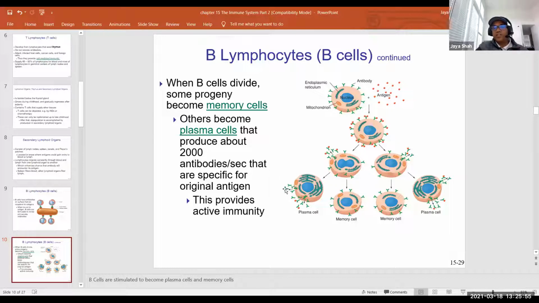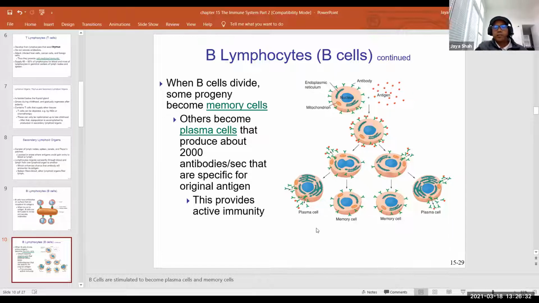And this antibody has one important characteristic. That means this antibody is specific to this antigen, this small red dot antigen. These antibodies will not do anything to other antigens. That's why it is called specific. Okay. So that is the active immunity. You are providing active immunity because your own